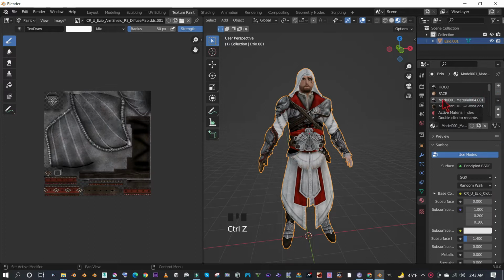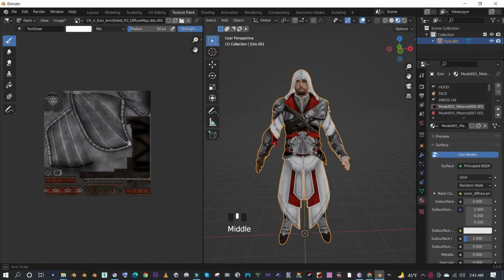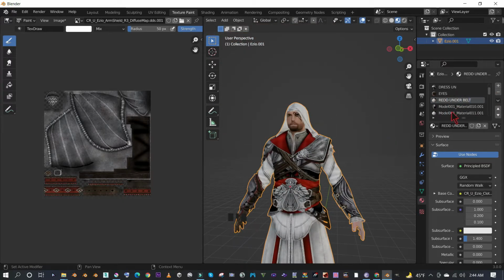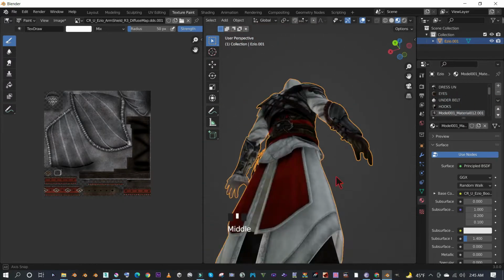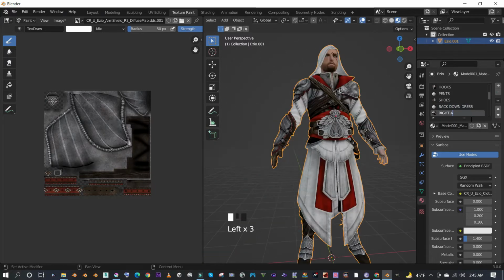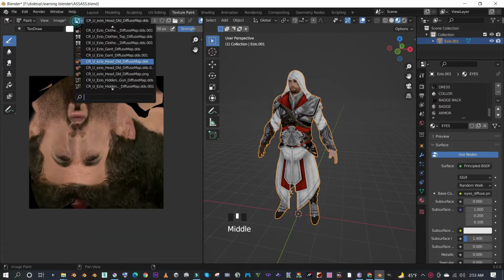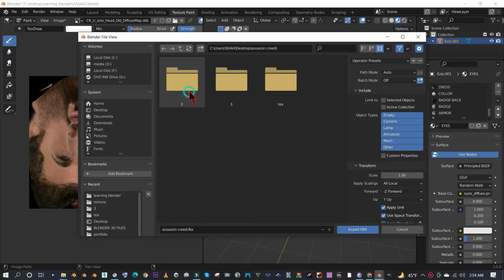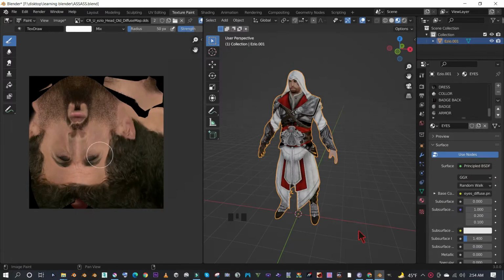All the edited textures, I'm going to rename them by removing and undoing, because some textures we need, some textures we don't need. There is some texture complexity, so I'm going to export my 3D model and I will import it later with less complexity.